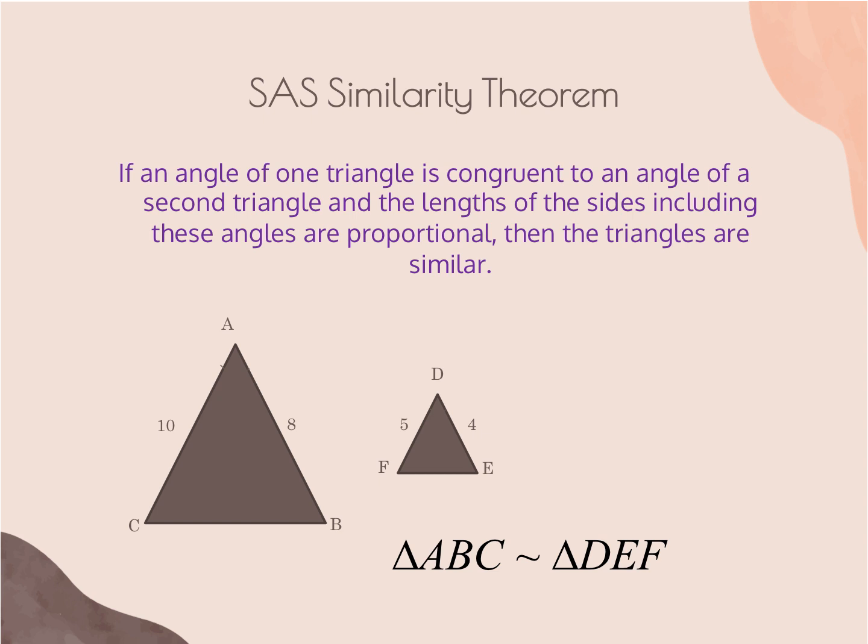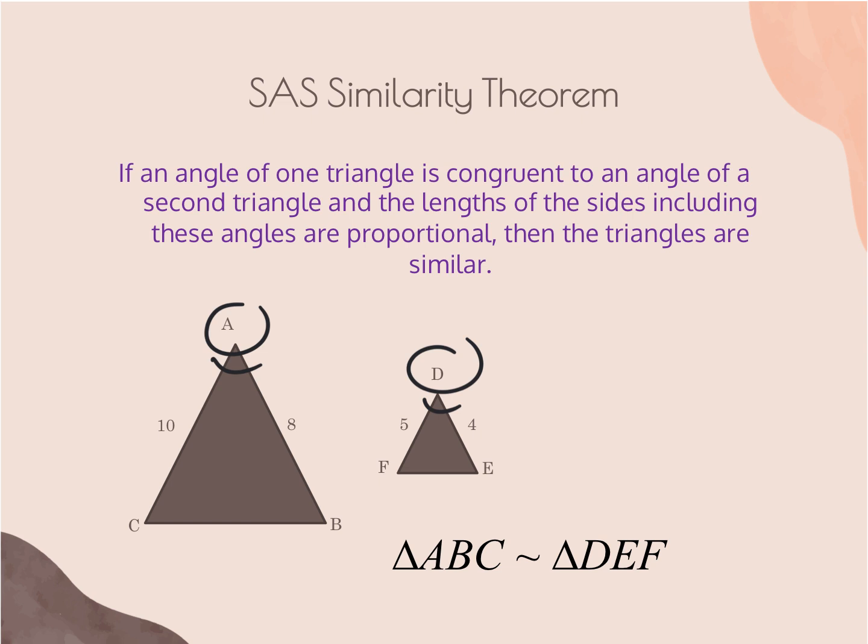So the SAS similarity theorem, or side-angle-side, states that if an angle of one triangle is congruent to an angle of a second triangle, and the lengths of the sides including these angles are proportional, then the triangles are similar. So what is this stating? This is saying that if an angle, in this case A and D, are congruent,